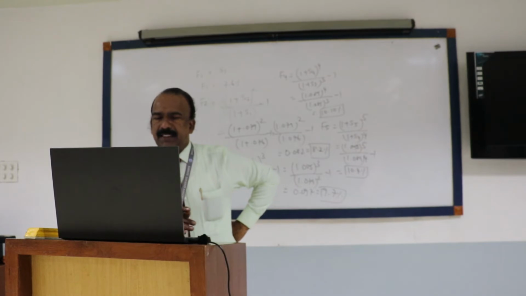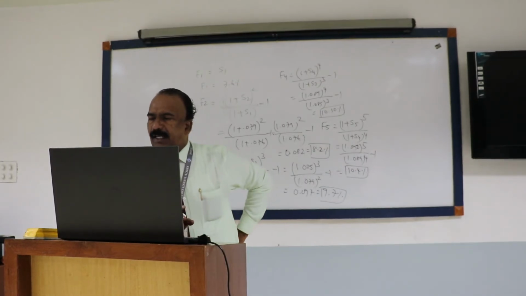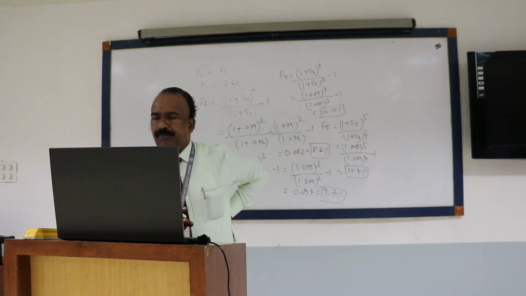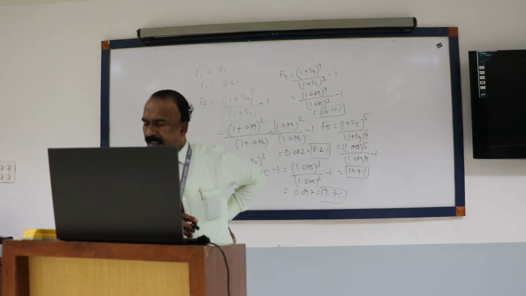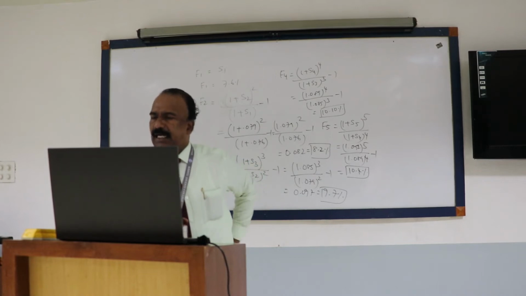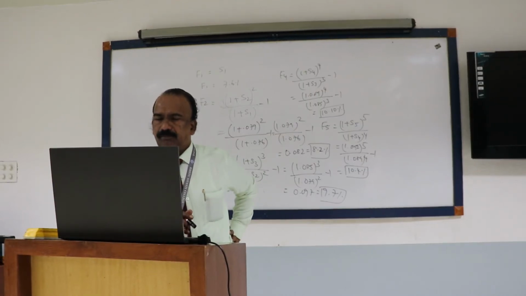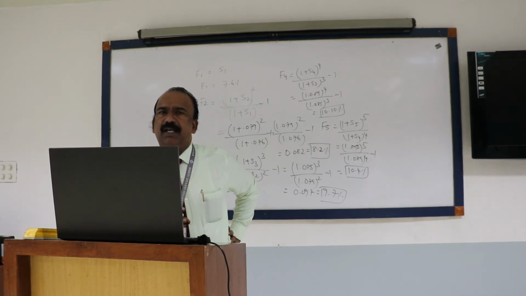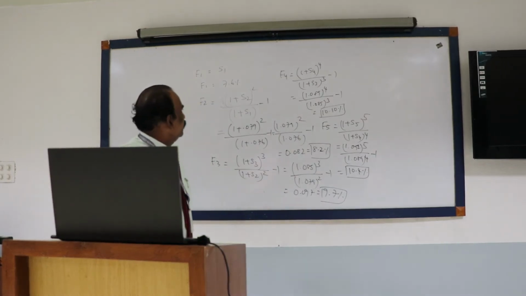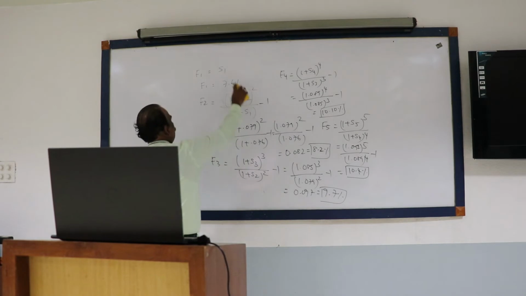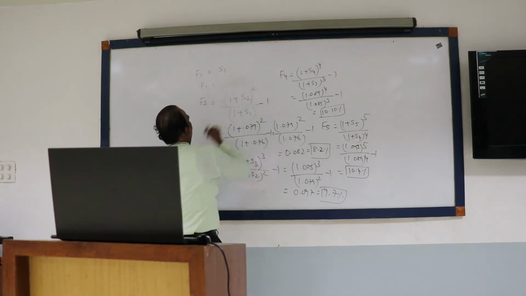So look at the next case. Shall we go to the next case? Yes, sir. So first year, second year, third year, fourth year, fifth year. The same way we will have to calculate the forward rates. The first year spot rate is 6.5, so the first year forward rate is also 6.5. So F1 is equal to S1, 6.5. So F2 will be